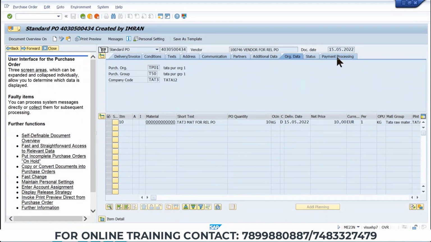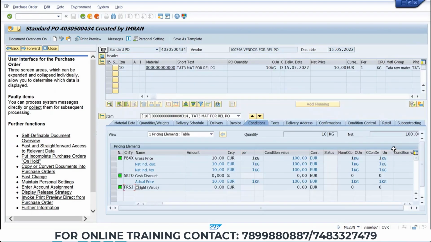Here one option should come with this strategy. Check the